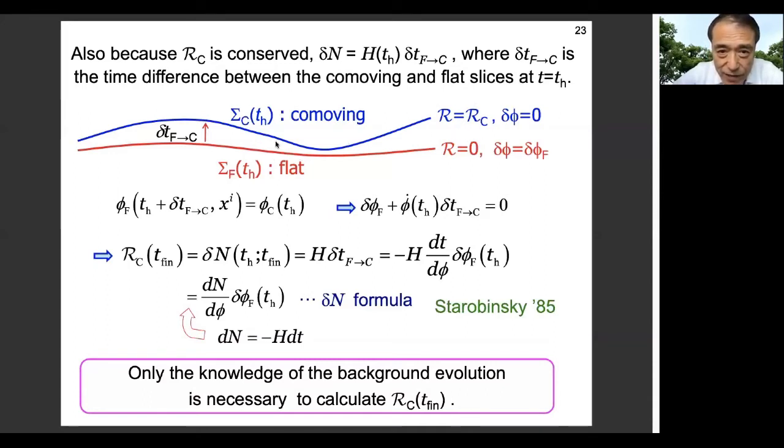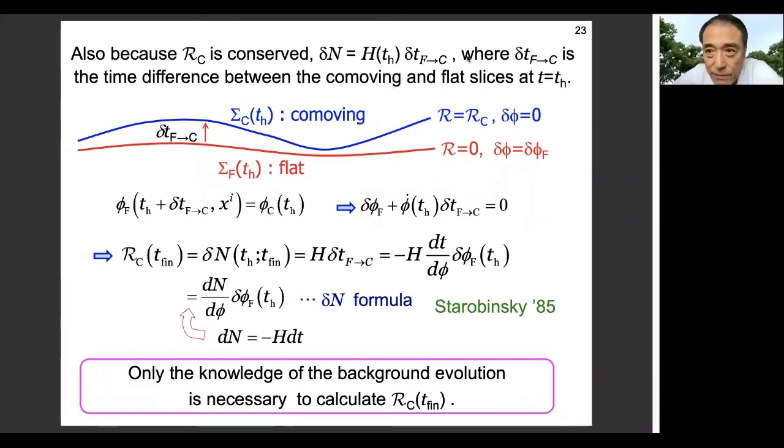So this will be a change in the spatial slicing, and these are two conditions. Now, by definition, if you start from flat slicing and this difference in the time, which of course depends on space, this is sort of a gauge parameter. So if you add this delta t f to c,